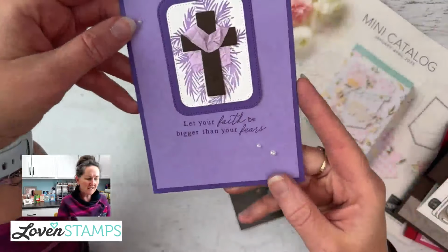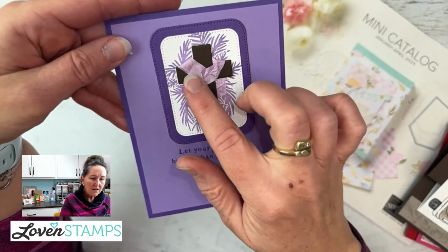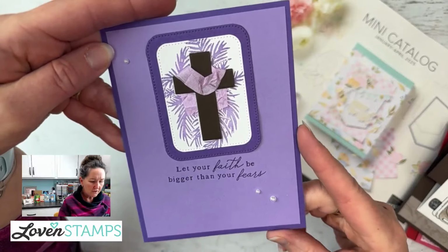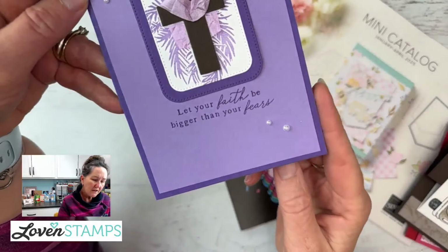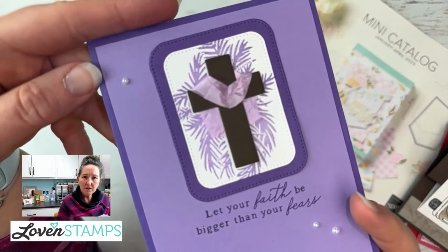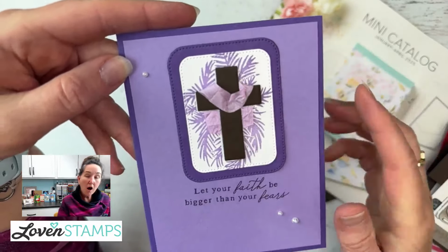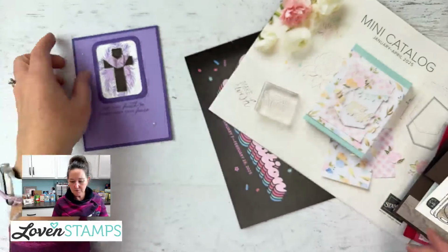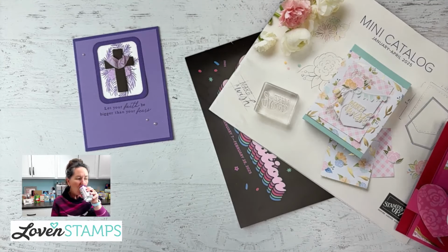First card, this is the Faith stamp set. And this is an amazing effect here with a purple ribbon draped over the cross. So this card is by Janice Waitman, and it says, "Let your faith be bigger than your fears," which is a great message. So I love the draping, and I love the palm motif behind there. So thanks, Janice. All right, our next card is by Joyce Fracco,